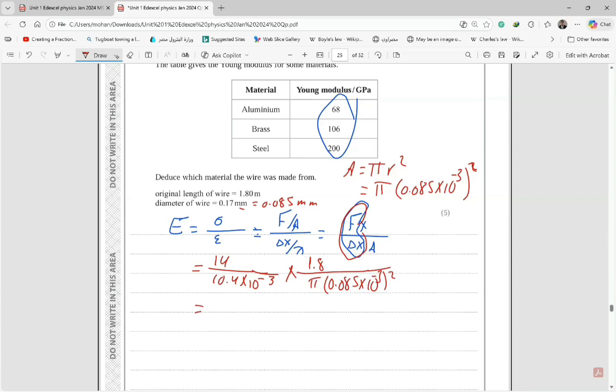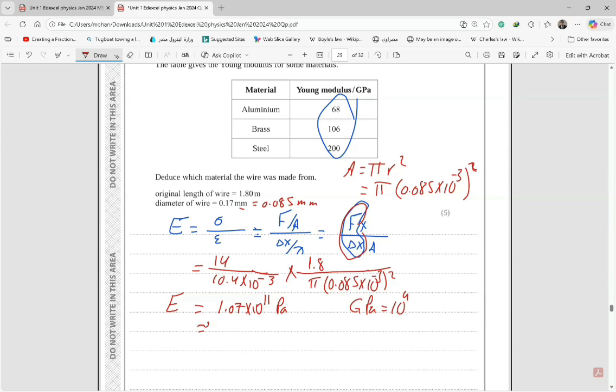If you calculate this, you get Young modulus, and it equals 1.07 times 10 to the power of 11 Pascal. Gigapascal means 10 power 9. This means it is 107